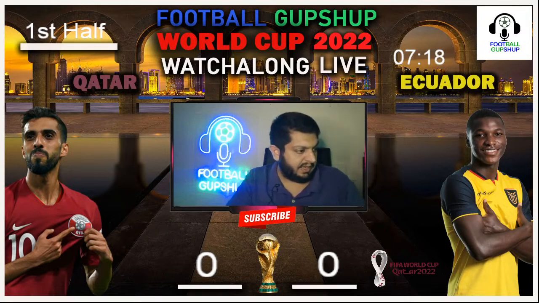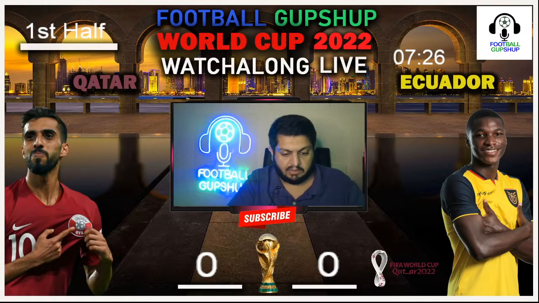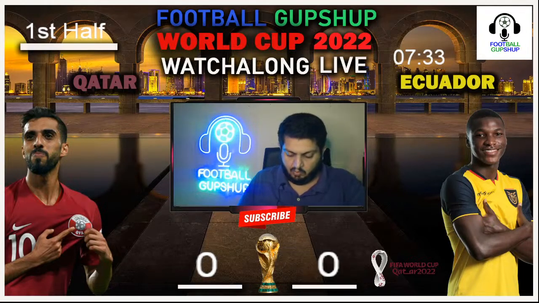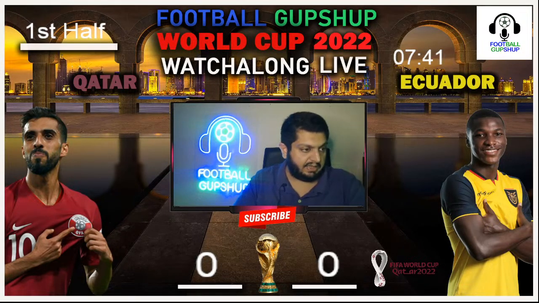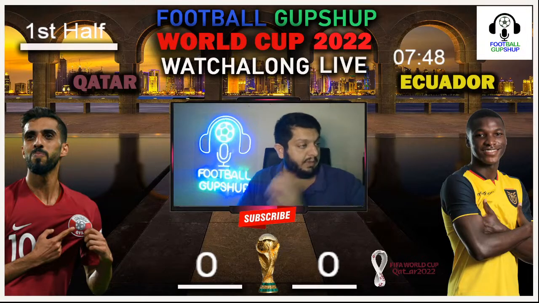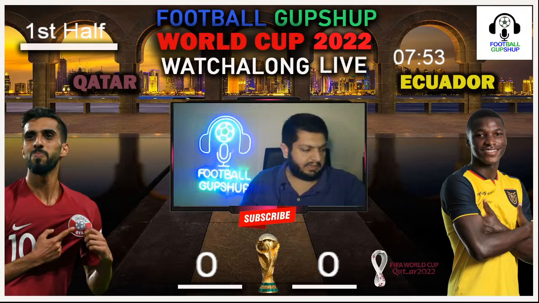Right now, once again, you can see clearly that Ecuador have got the ball, pushing the ball forward, but once again, Qatar with a three-man defense are making sure that any kind of threat is pushed back. So this is going to be interesting. And right now, you can clearly see once again the ball has been pushed back. So this is becoming very interesting. Let's see what is going to happen over here. The ball has been pushed forward towards Valencia. Qatar once again trying to clear that ball out.